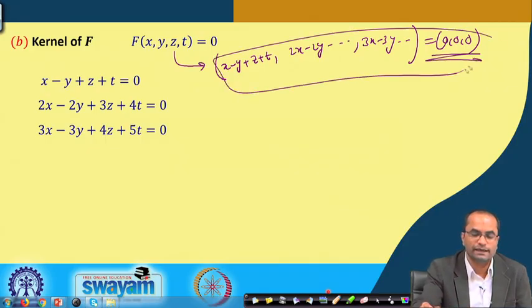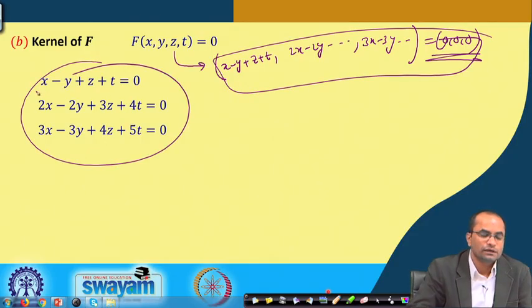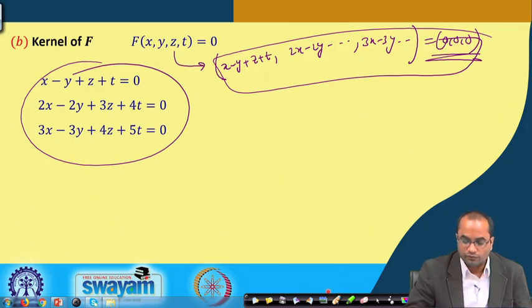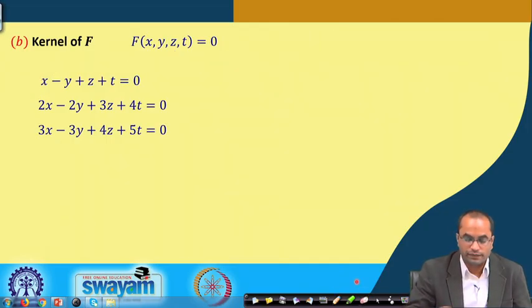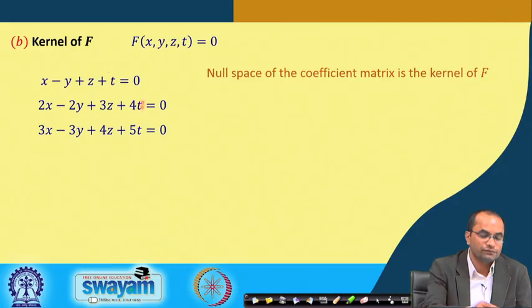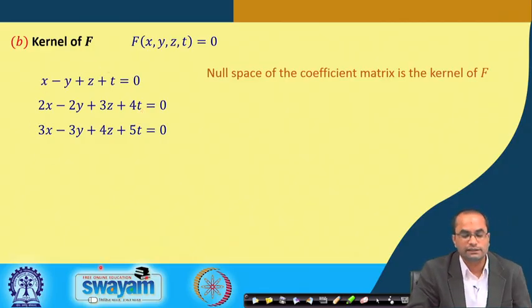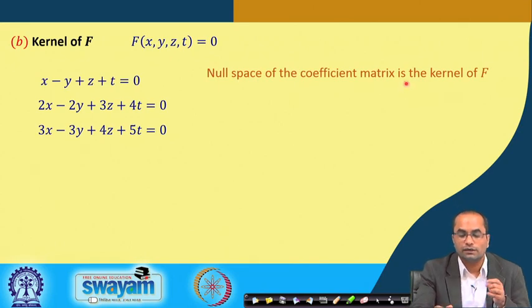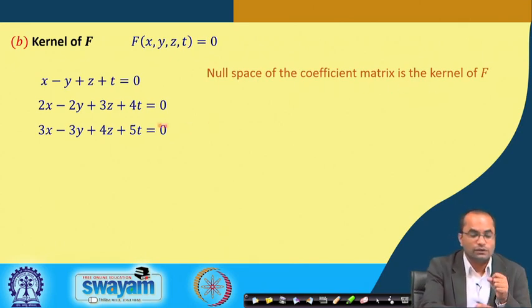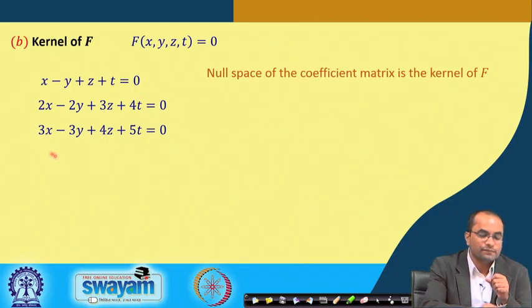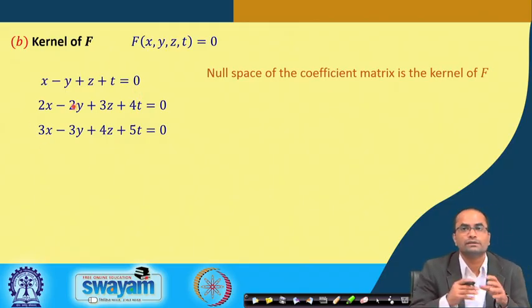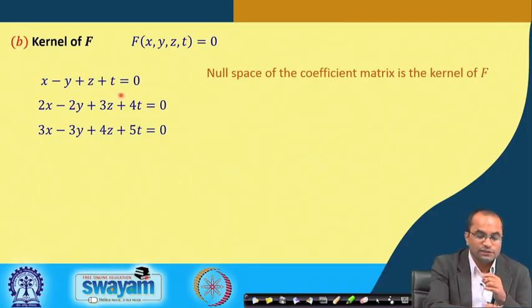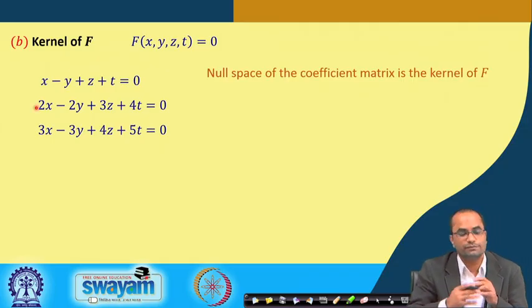So, from here we get these three equations, and we want to now solve these equations to get all possible values of x, y, z and t. This is nothing but the null space of the coefficient matrix of this system of equations, and that is nothing but the kernel of f. So, the null space of this coefficient matrix will be the kernel of f, because what is the kernel